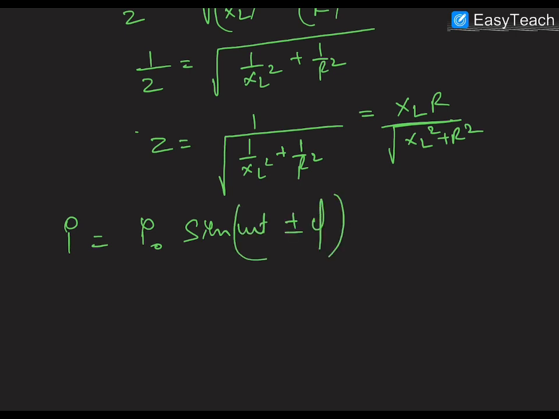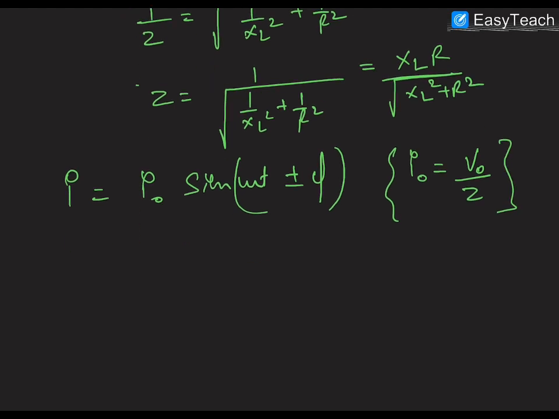Now you can see that this I naught is the peak value of current, and it would be equal to V naught upon Z, where V naught is the peak value of voltage. So I will be equal to I naught, which is V naught upon Z, into sine omega t plus